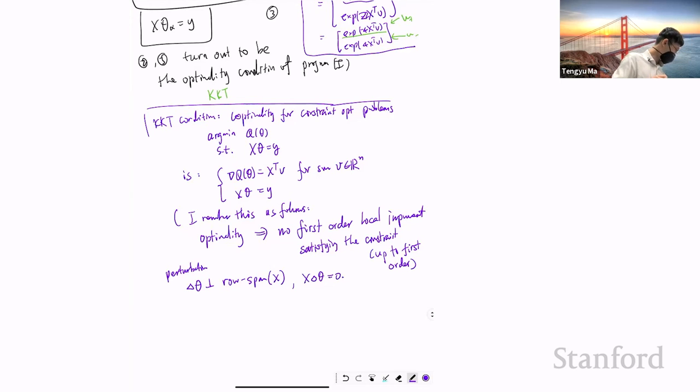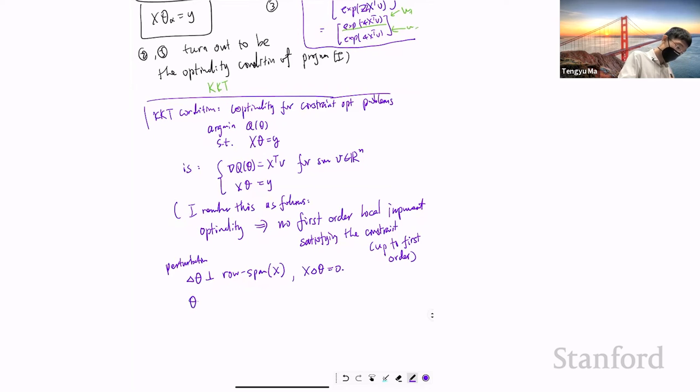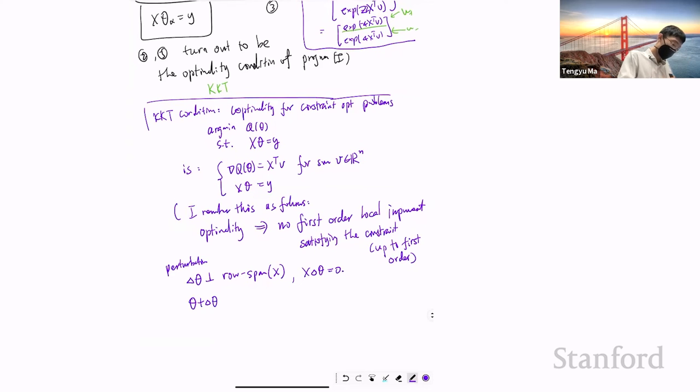That's how you make the constraint work. And now let's look at theta plus delta theta, the local perturbation. This still satisfies the constraint, and let's see what the value of Q is. So Q of theta plus delta theta is equal, up to first order, to Q of theta plus delta theta times